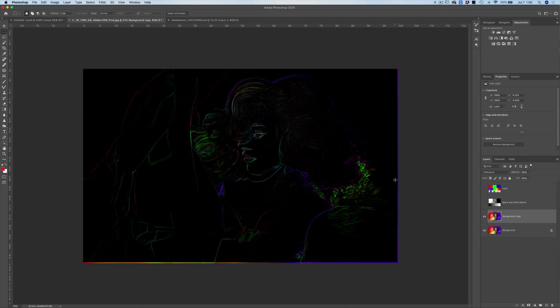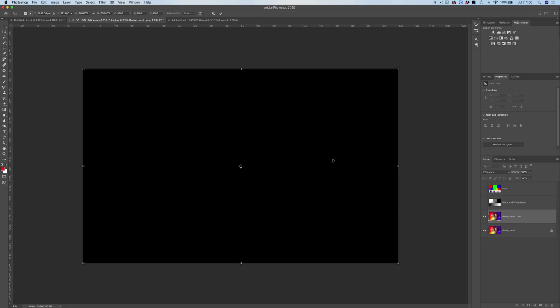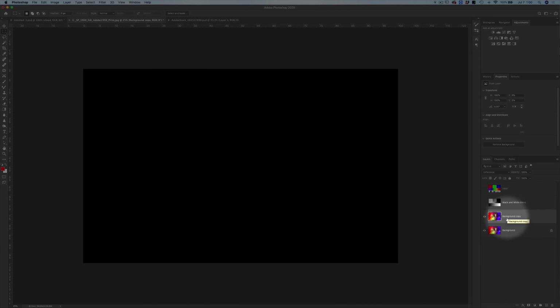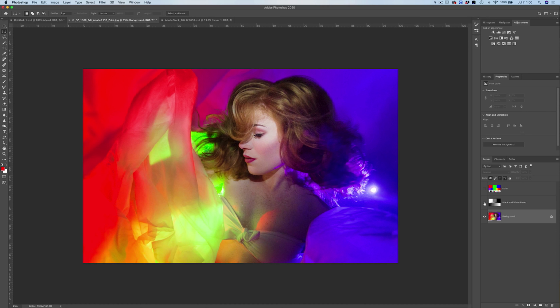So if we hit Command or Control T again, and then hit our down arrow 3 times and our right arrow 3 times, you can see that all of a sudden, all of the pixels are black because the pixels on the background copy layer and the pixels on the background layer are identical, okay? So just keep that in mind. I'm going to select this layer and drag it to the trash because I don't need it anymore.